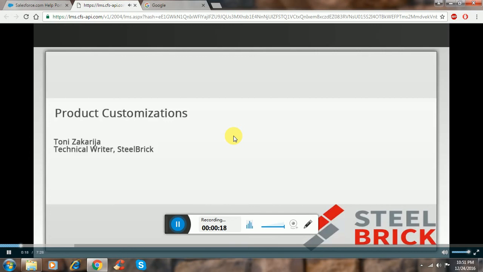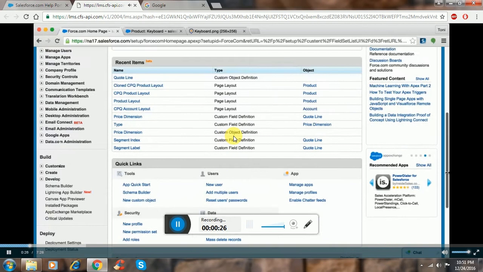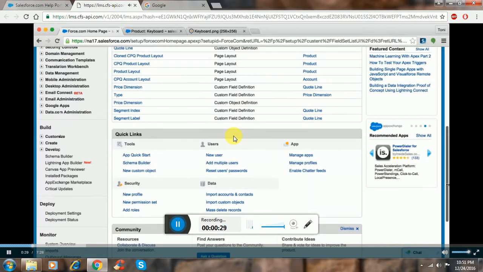The following demonstrations are not a necessary part of your SteelBrick CPQ training, but rather highlight ways you could fully utilize the features. The first thing we want to do to ensure that our custom product description appears on our quote line is add the description field to your quote line field set. Click Create,